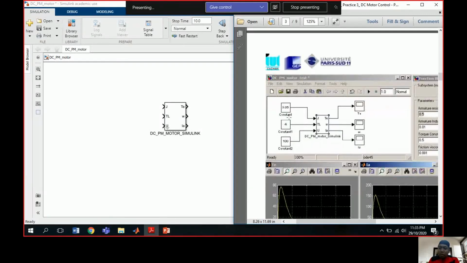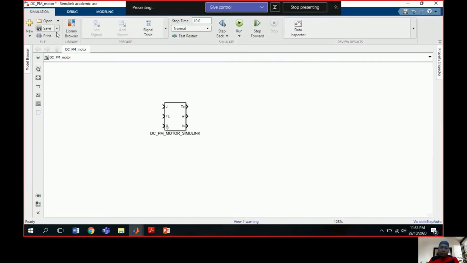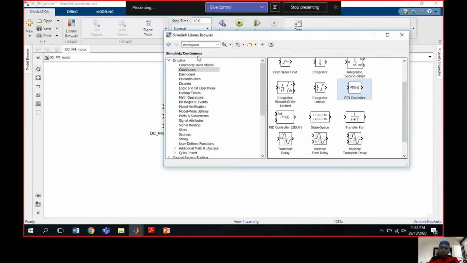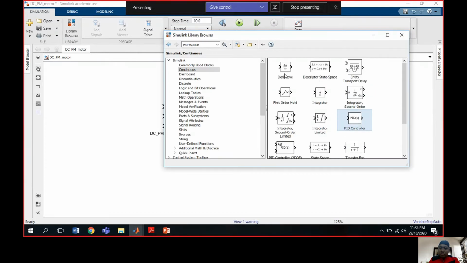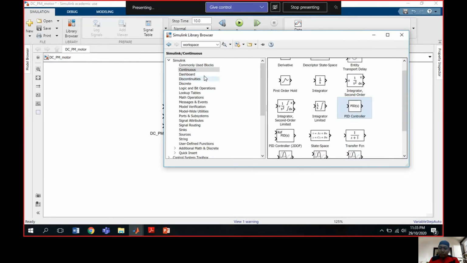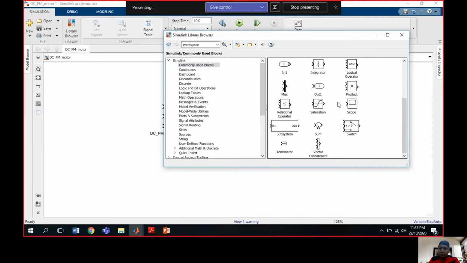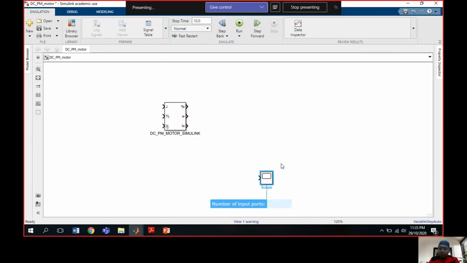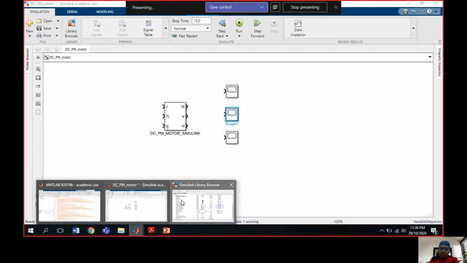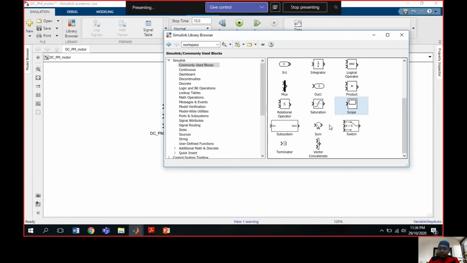For the function block test, I just use constants. Firstly, I will put in the constants, then the 3 scopes.